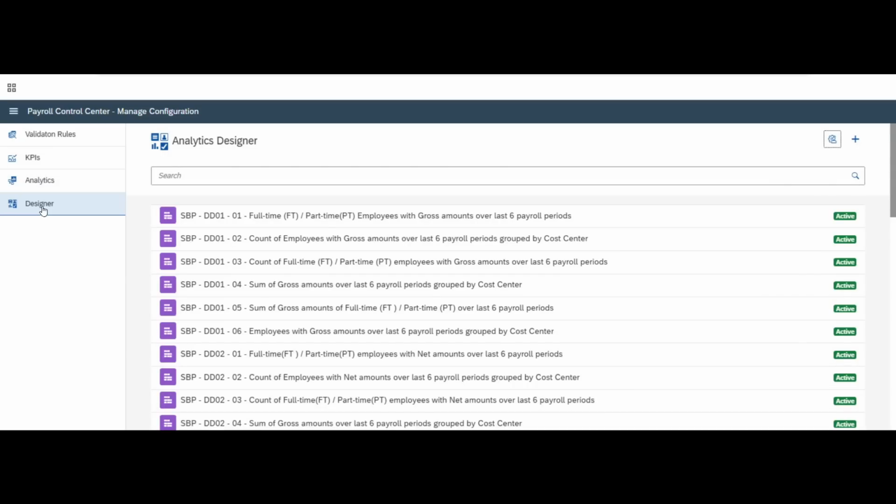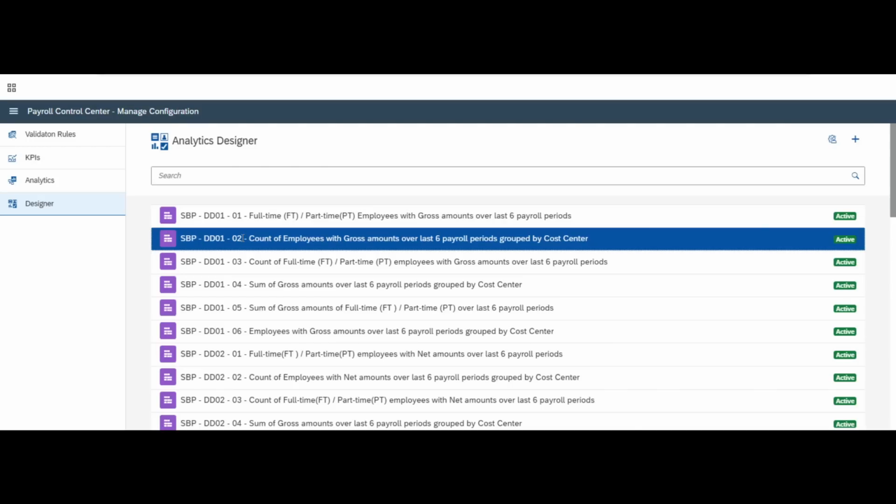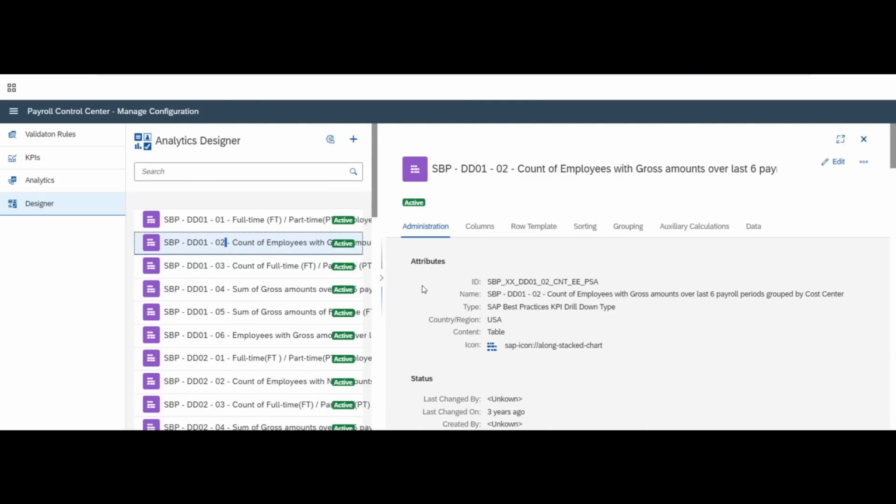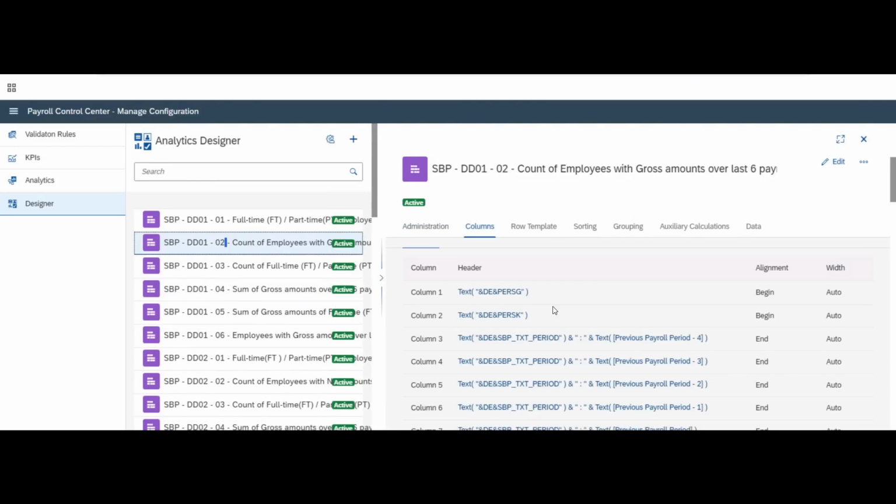And there is this analytics designer, which helps you put in different conditions. For example, for this one, count of employees with gross amount over last 6 payroll periods grouped by cost center, if I go here,